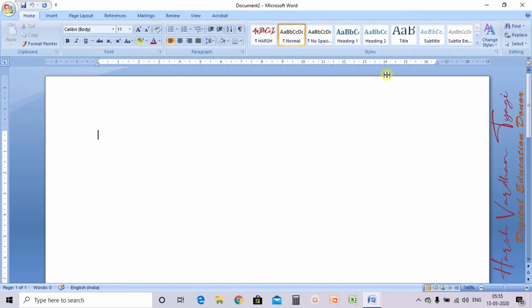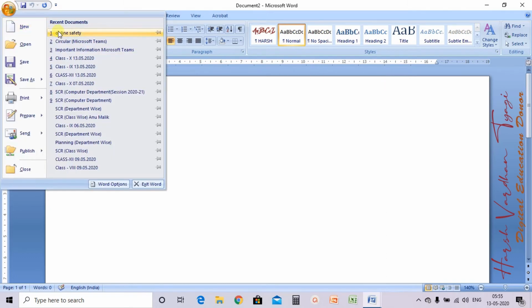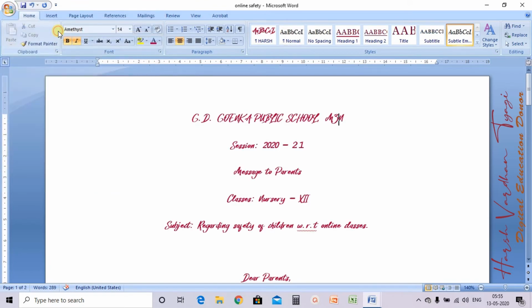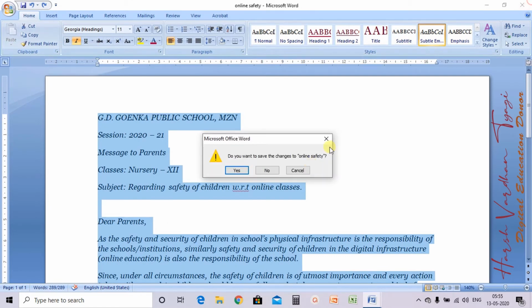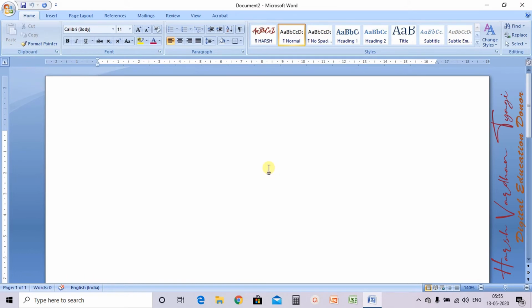Now see, I'm creating a new blank document. Let me open some other, yeah, this is the style we are working. We have to work here. Suppose I'm typing something, anything I'm typing, just for giving you an example.